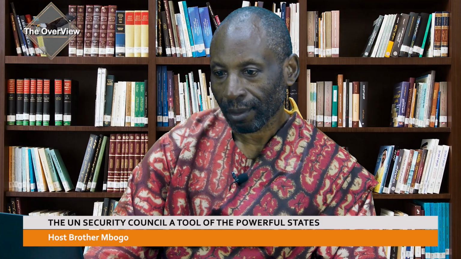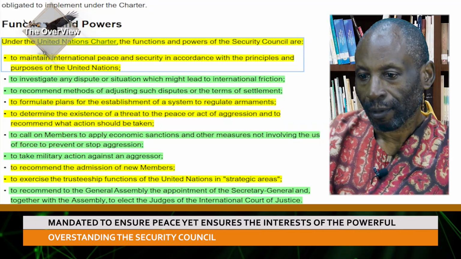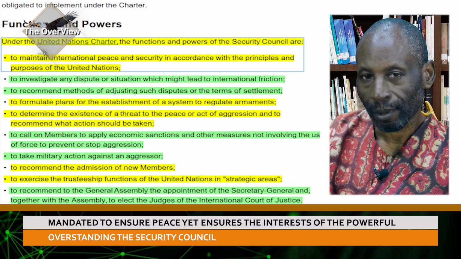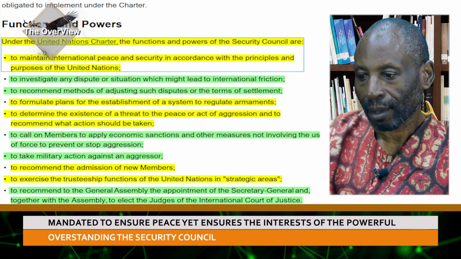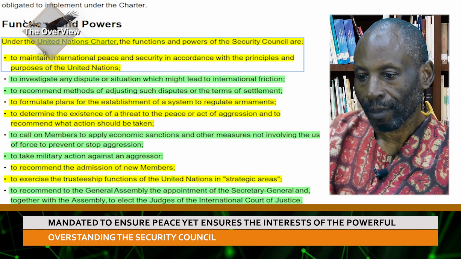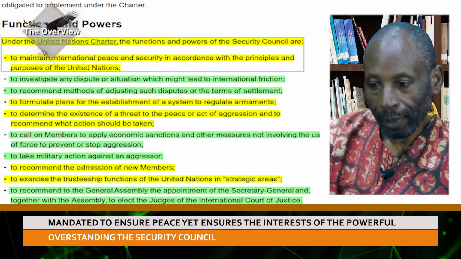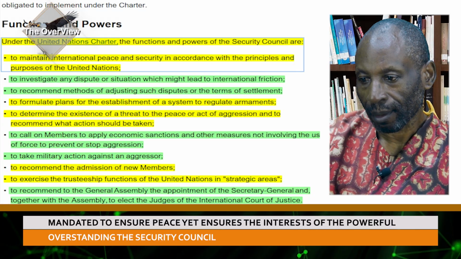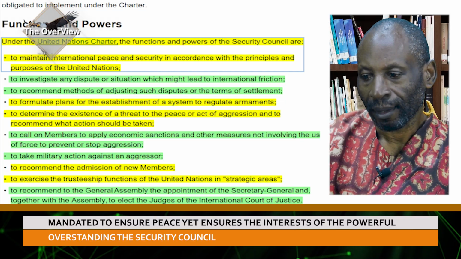So I'm looking at the functions of the Security Council. There are around 10, and I'm going to go through all of them. The first is to maintain international peace and security in accordance with the principles and purposes of the United Nations, to investigate any dispute or situation which might lead to international friction, to recommend methods of adjusting such disputes or terms of settlement, to formulate plans for the establishment of a system to regulate arms and armaments,